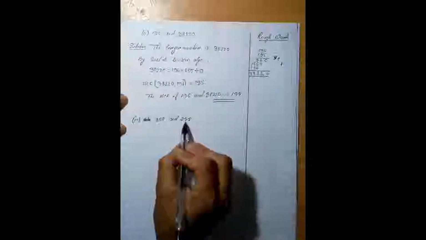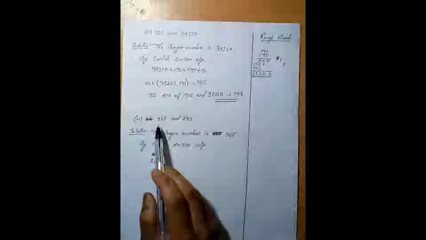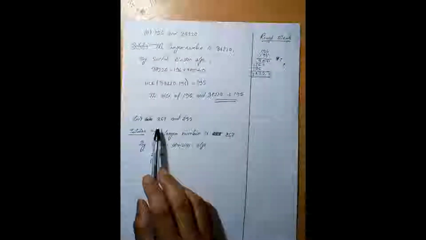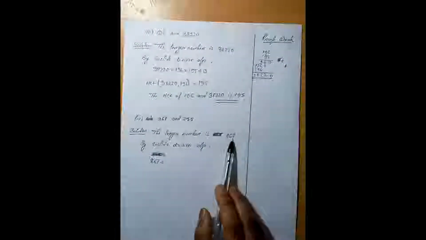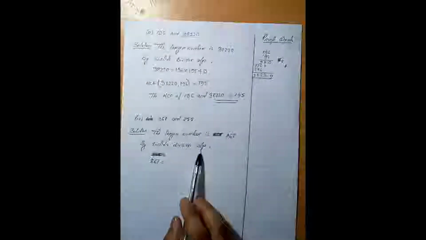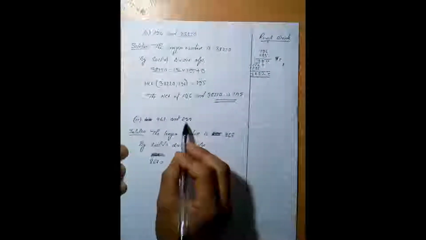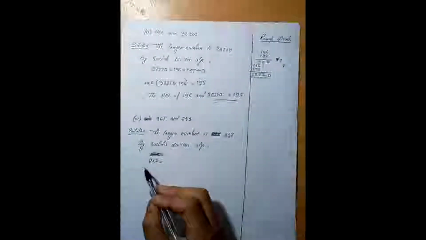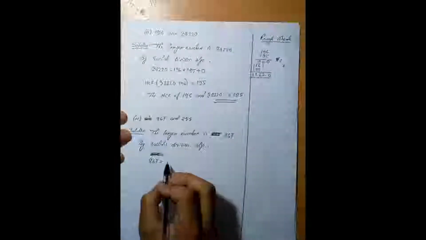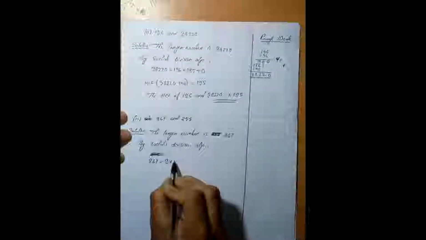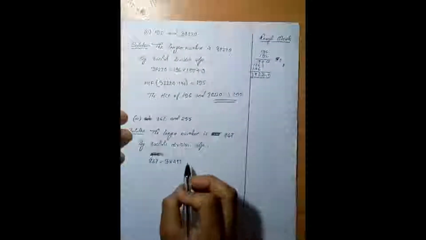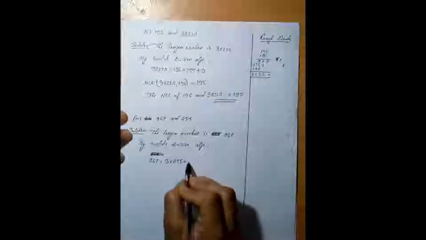And the third question is 867 and 255, and again we will take the larger number. Here the larger number is 867. So 867, and by Euclid's division algorithm, 867 equals, we need to divide by 255. So we will get 3 times, 3 into 255. You can check it in the draft, plus remainder